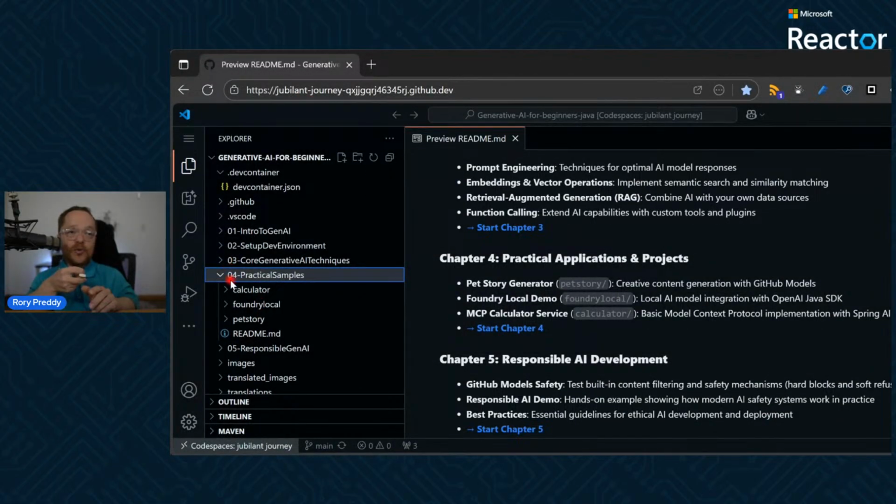And we're going to do chapter 4, which is practical samples. We're going to go through the pet story generator, the Foundry Local Demo, and the MCP calculator service. Now, the only problem is Foundry Local Demo currently doesn't have a Linux install. So I'm going to run it on the PC that I'm currently running. And stay tuned, because in the roadmap we are looking at how to run and install Foundry Local on Linux